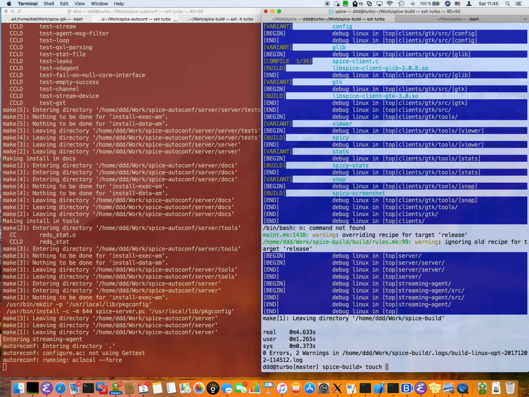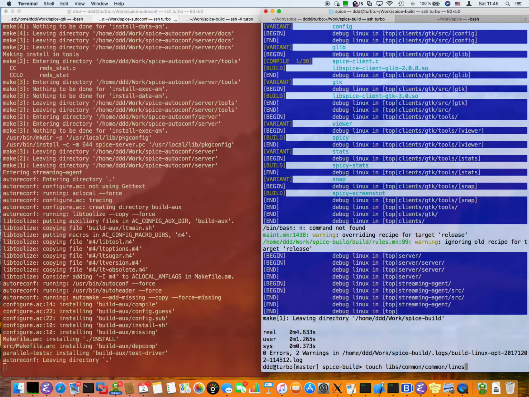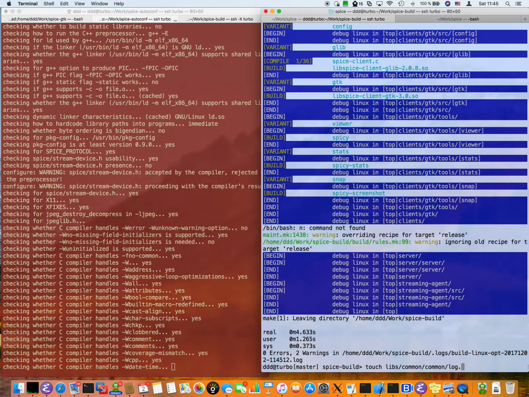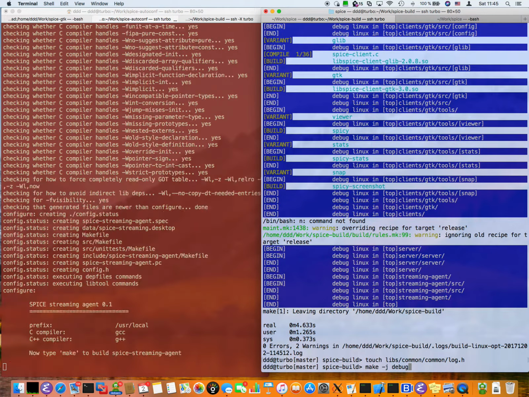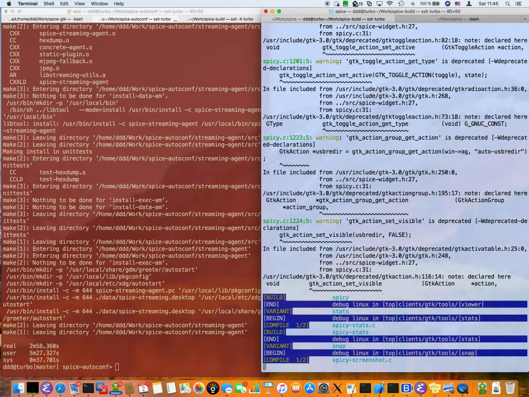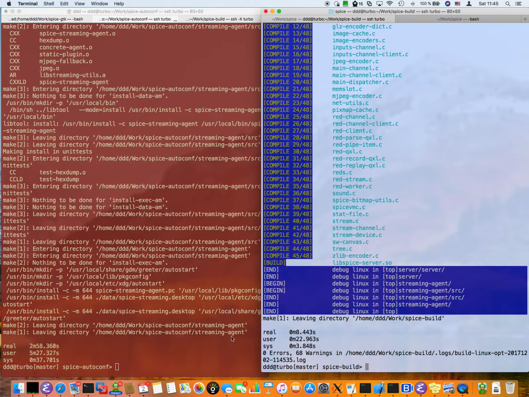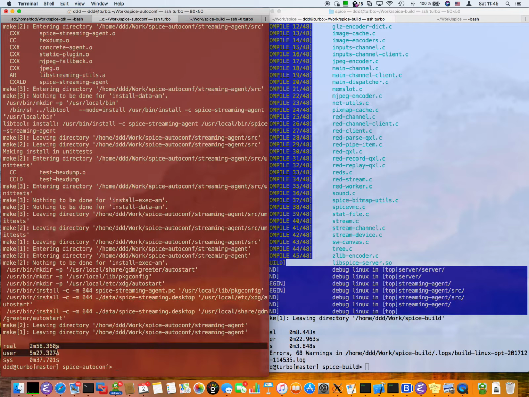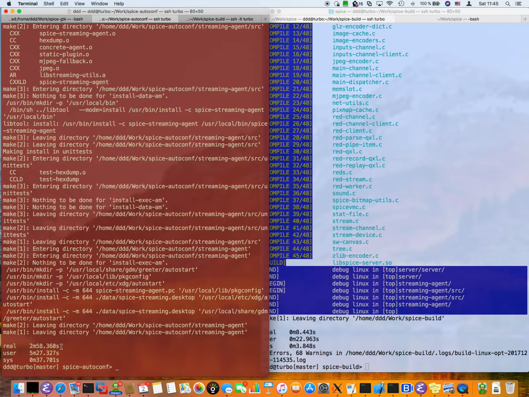I can also touch a file that has many dependencies. For instance, in the libraries, so common libraries, there's a log.h file that is used by practically everybody because it's used for logging. So now if I build this, you see that it's rebuilding quite a number of files. So it's dealing with the dependencies. Okay, so I've done an edit and a demo by the time AutoConf had done its first build. So you may remember that the initial build with the Makefile was 13 seconds, and with AutoConf, the initial build is 2 minutes and 58 seconds.